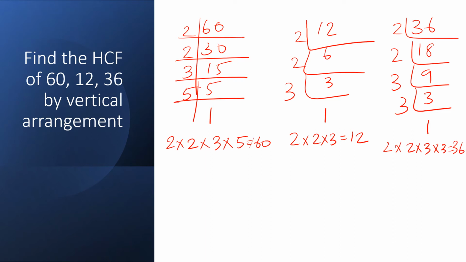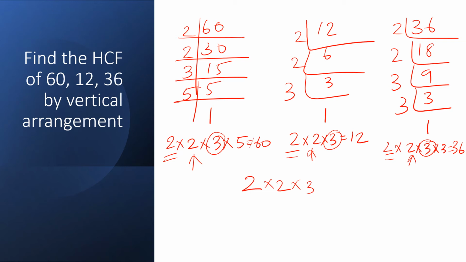Now we know the 2s and 3s are there. First of all, mark the common 2s and 3s over here. One here, one here, one here, write 2 once. Second here, second here, second here, write 2 once more. 3 is there in all the 3, yes. 3 is there, 3 is there, 3 is there. So you'll write 3. 5 is there in all the 3? No. And now there is no question of going further.